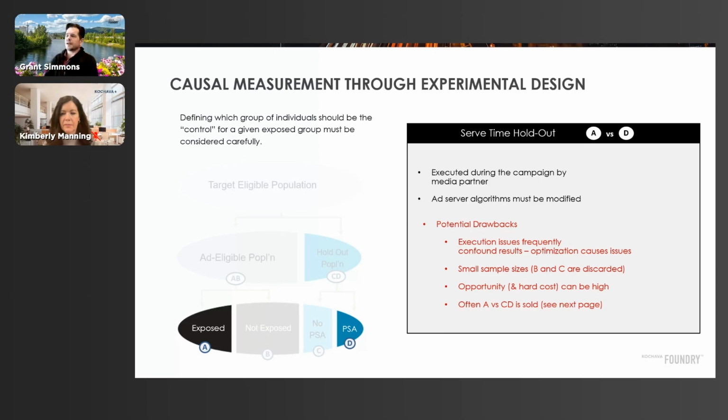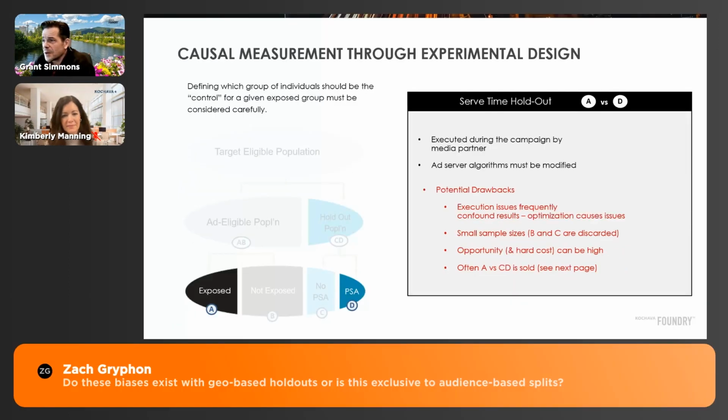I was head of retail analytics at Oracle for a long time, and ran just thousands of lift measurements. And I have to hand it to those folks. This is where specifically a guy named Robin Opie, who was the chief analytics officer at what was Oracle Data Cloud, we would solicit lots and lots of that raw data of serve time and global holdouts and things like that. And ultimately, they're all wrong to some extent. And so this is a good segue into, well, what do you do about it?